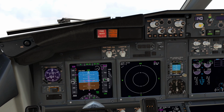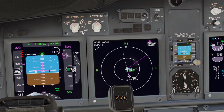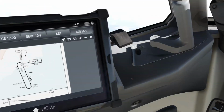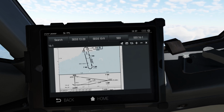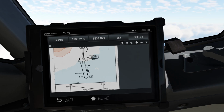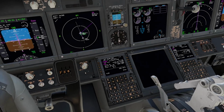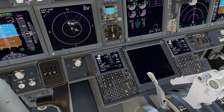Yeah, so if we take a look at the plan sheet for Isabela, we see the NDB is basically at the runway, but the final approach fix is here, Fox 35, where we need to be 2,000 or above, which is, as we see here, 7 miles away from the NDB. So we could just join this and fly south. We are coming from this direction up here, so the other option I would say is to come from this sort of direction, and we'll just hook up with the final approach ourselves. And so I'm going to go ahead and put the final approach fix up at the top,